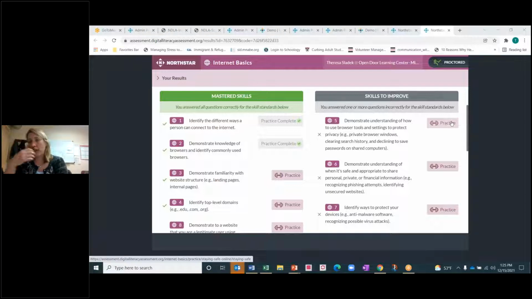And if the person has time to practice right then, they can do that. And that's assuming that you have added them to the learner management system, which we talked about in the last training. So just remember that if you want someone to be able to access the self-directed online learning, they need to be added into the learner management system. So if I clicked on the barbell here,